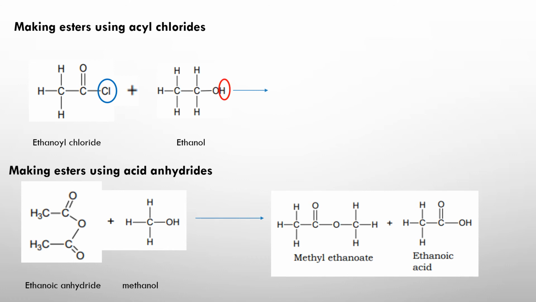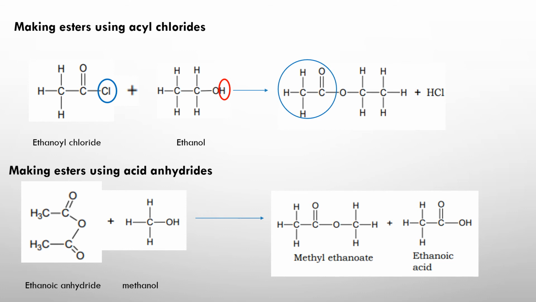Now when we are drawing the ester, we will be drawing the acid part first. So that is the acid part, which contains a 2 carbon. This has been drawn there. Now this particular carbon is going to join with this particular oxygen here to give you an ester. Okay, so that is coming from the alcohol part. Now ethanoyl chloride will become ethanoate. Ethanol will become ethyl. So the name of this ester will be ethyl ethanoate.